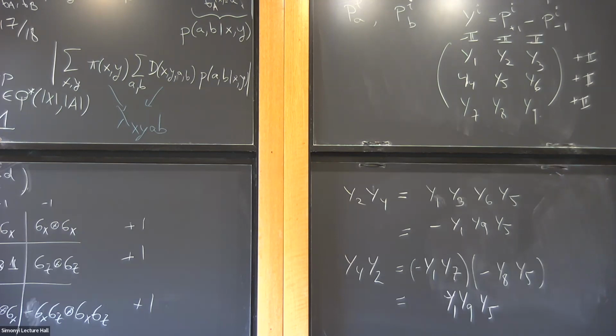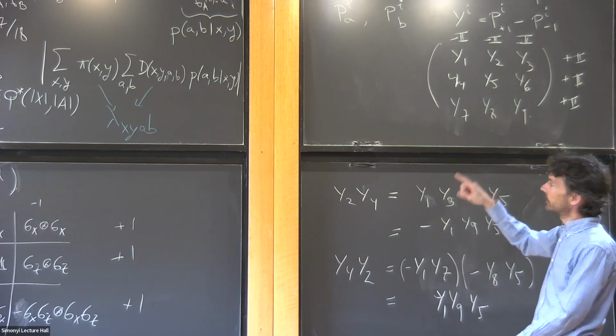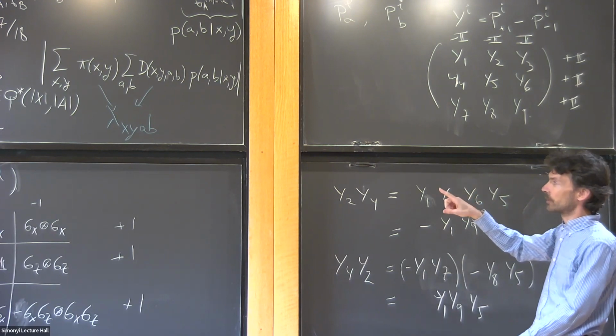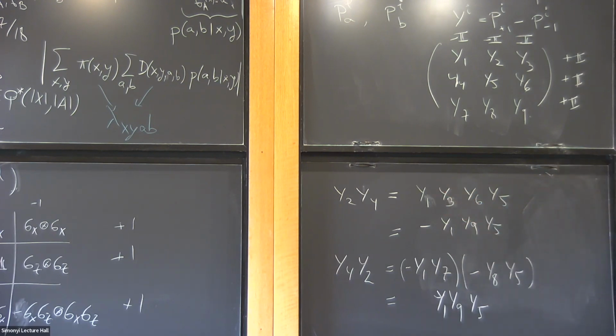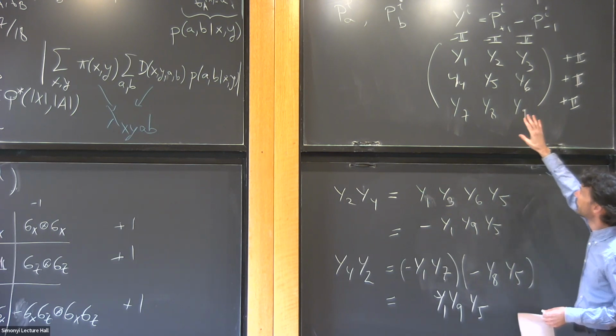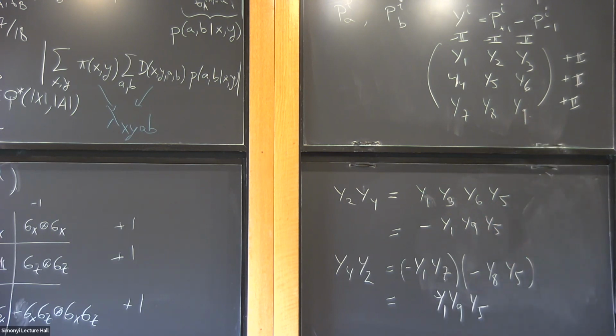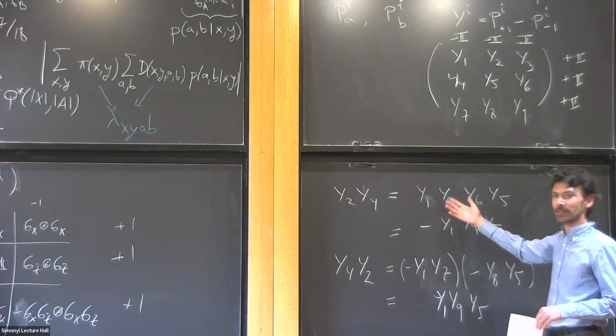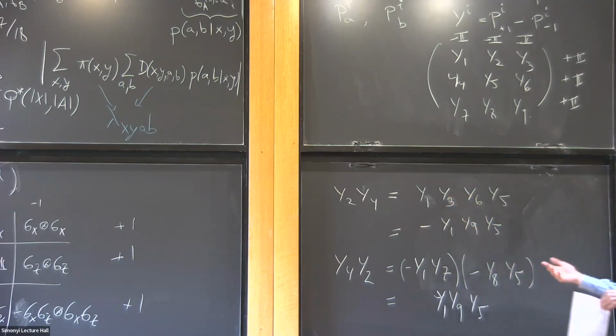We designed it. This game forces any strategy that succeeds with probability 1 in it to have a certain algebraic structure. In this case, the algebraic structure is very simple. We just have some matrices that commute, the ones in the rows and columns, and some of them anti-commute. A nice consequence of anti-commutation is that it doesn't exist in dimension 1. So this implies that the strategy must have dimension at least 2, and you can work a bit harder to show that it has dimension at least 4. In fact, it must be a multiple of 4.